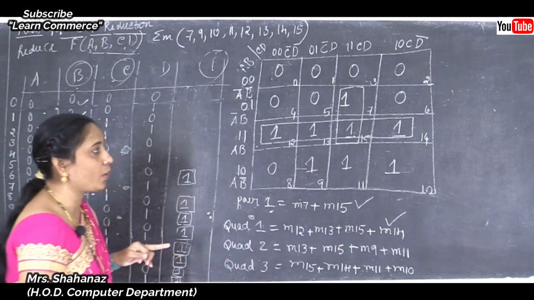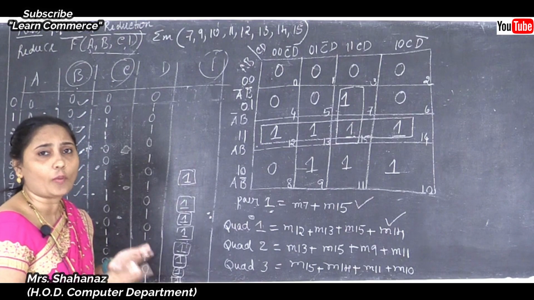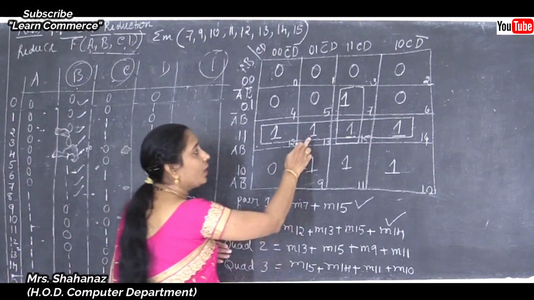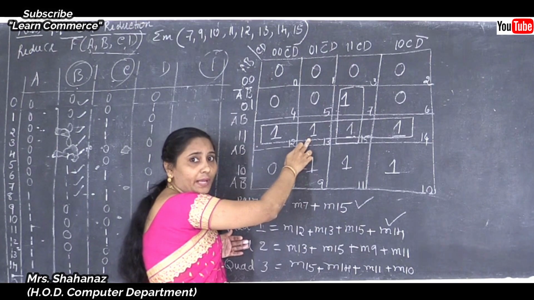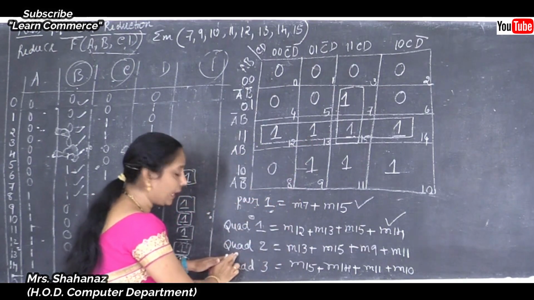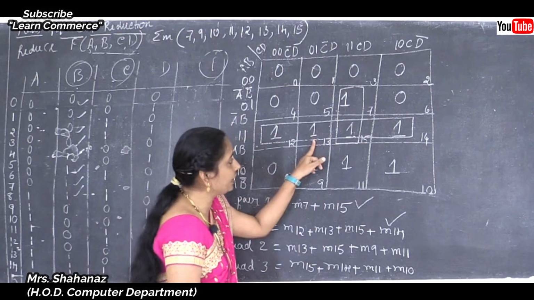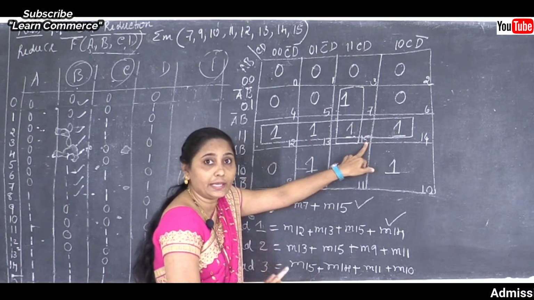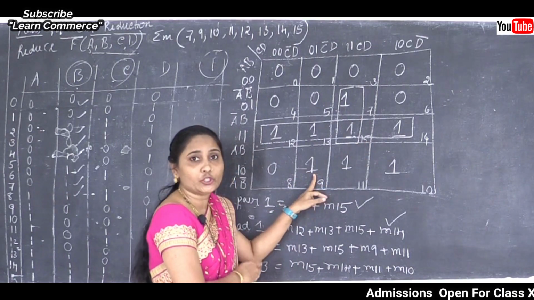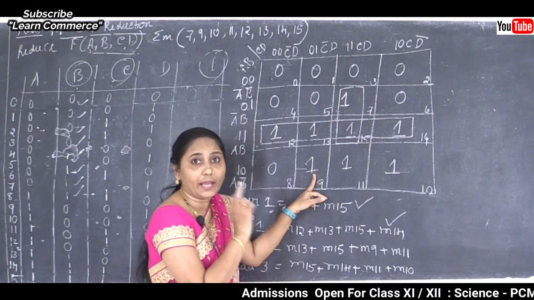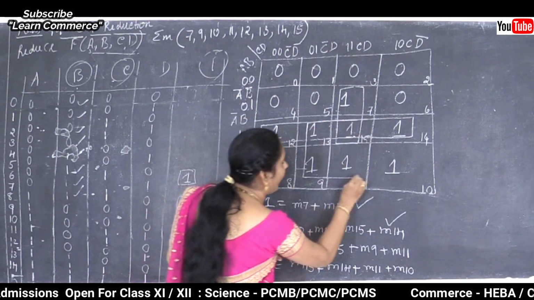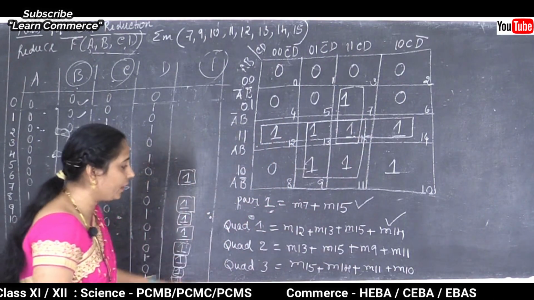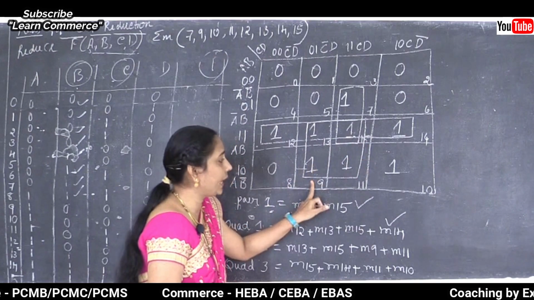Now afterwards again some of the ones are there. We need to make it maybe as a quad or pair, depending. So we can say that this is about the overlapping. The overlapping means the same one can be encircled. Correct? The same one can be encircled more than once here. So same thing, I am going to take the quad 2. I already took 13 and 15 here, but also in this case I am going to use the overlapping. The same one can be encircled more than once. Clear this point here? So I am going to take the second quad, by taking the numbers 13, 15, 9, 11.